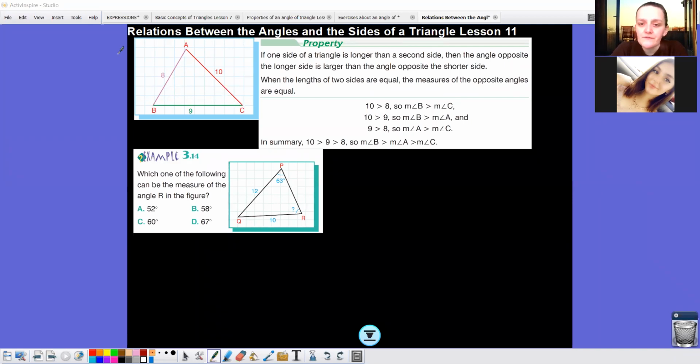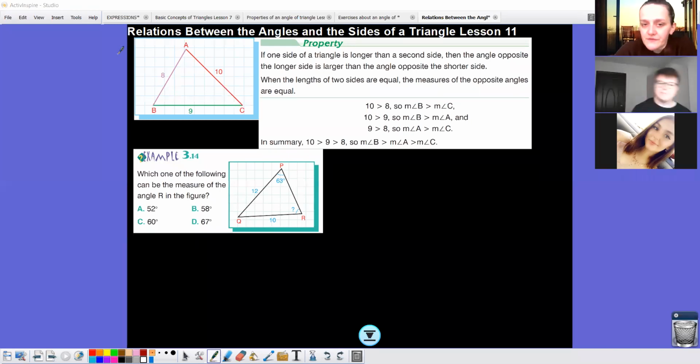And here is the, hello again. Here is the first property about the relation between the angles and the sides. It says that if one side of a triangle is longer than a second side, then the angle opposite the longer side is larger than the angle opposite the shorter side. So as you can see here, we have